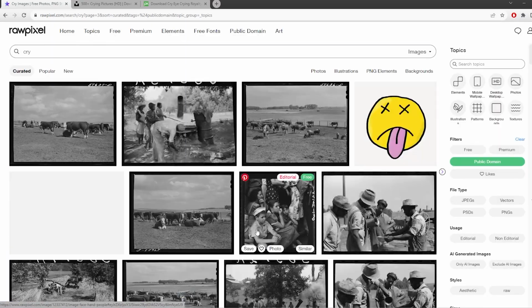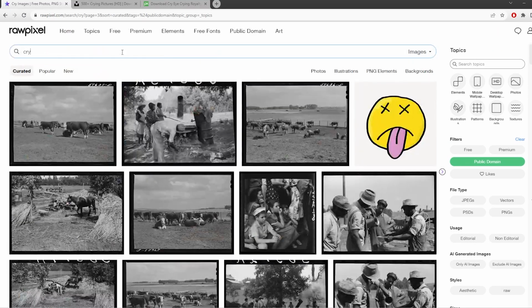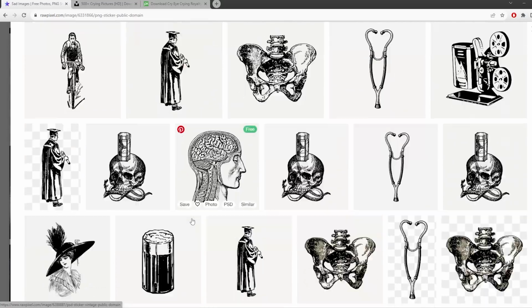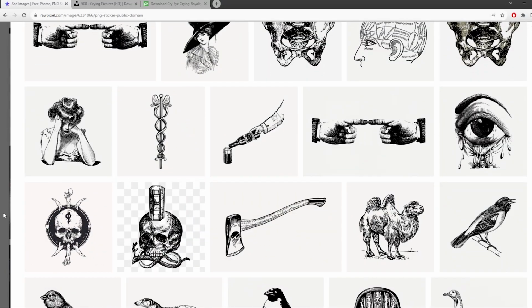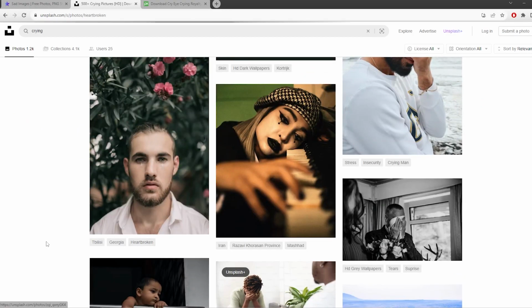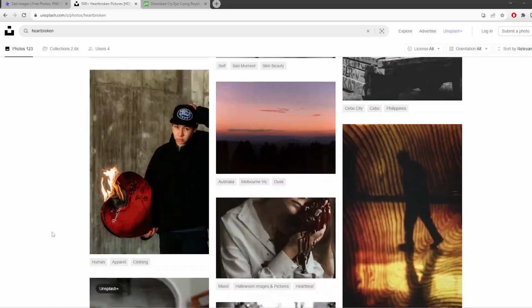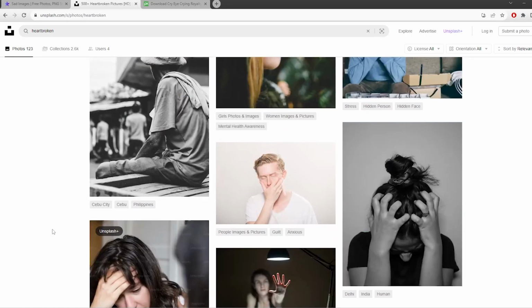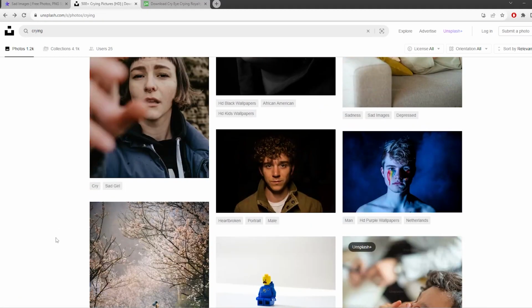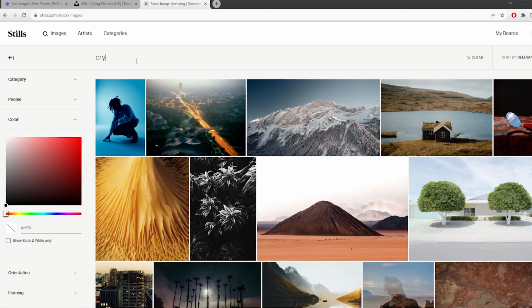So right now I'm looking at a lot of just crying pictures. Again, usually I needed something to start off with, and I had this idea of crying eyes. Some people always ask me, what do I start with? Do I start with the text first or the image? And usually I would say the text first, but in this case I had an idea of what the main image was supposed to look like.